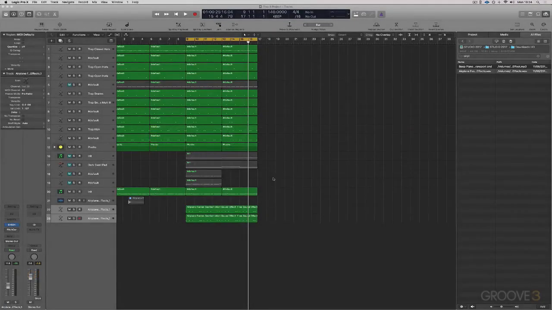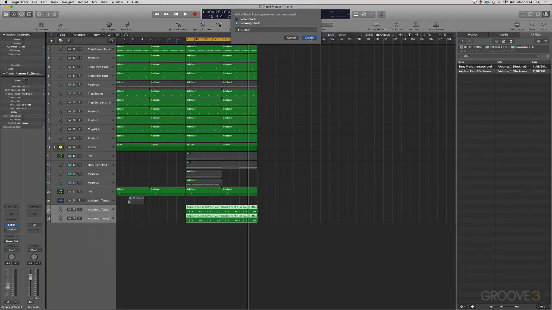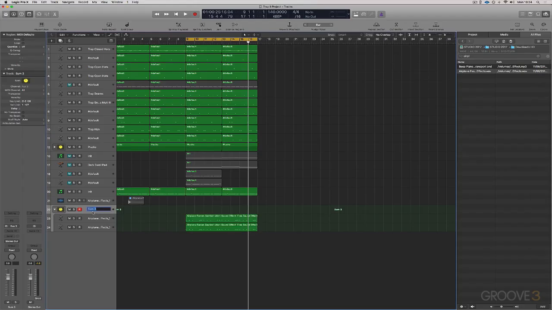So now that we've got our lead sound, we definitely need to bring it to life a little bit with some effects. So what I'm going to start by doing is just track stacking them so we can just treat them as one, and then we don't really have to think about that too much. We don't want to have to put the same effects on both. And if we process them together, it should glue the sounds together a little bit better. So Command-Shift-D is the shortcut, or if I right-click and create track stack, create summing stack, and then let's just call this lead